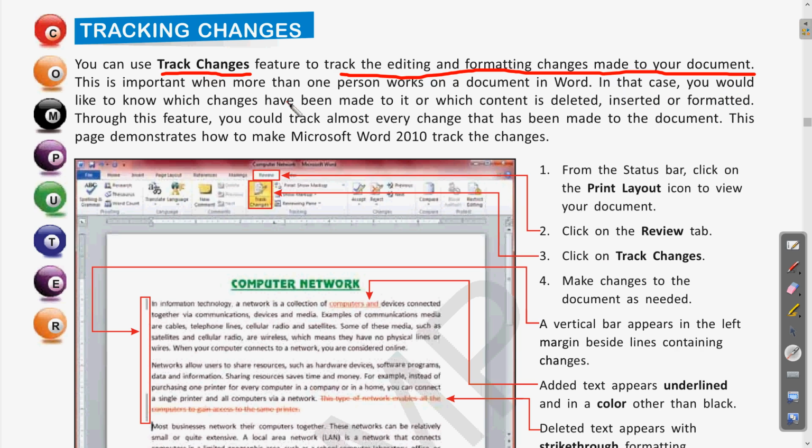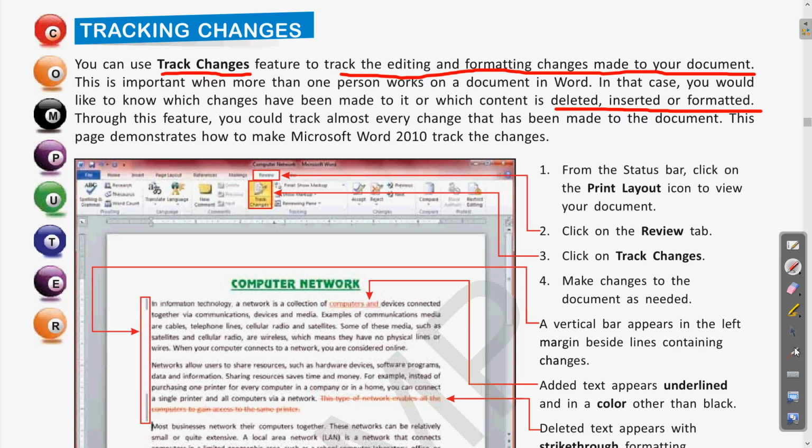In this case, you would like to know which changes have been made to it, or which content is deleted, inserted or formatted. Clear? So by this we can see all these changes. If someone has deleted some portion, modified something, or made some formatting, whatever editing or changing has been done, all of this can be tracked.